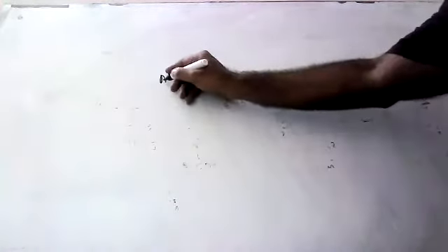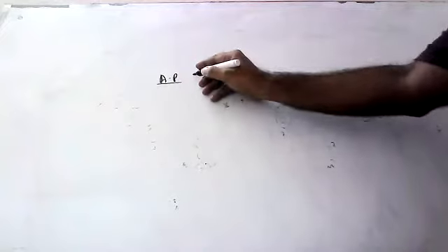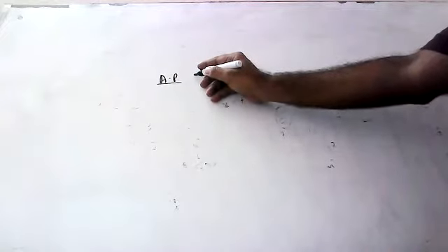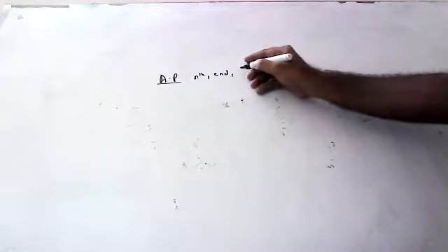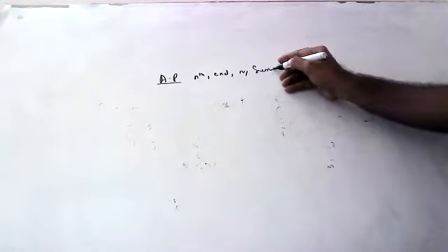So children, today in arithmetic progression, we have found out how to find the nth term, how to find from reverse order, how to find the number of terms, everything. Today, children, we will find out how to find the sum of terms.